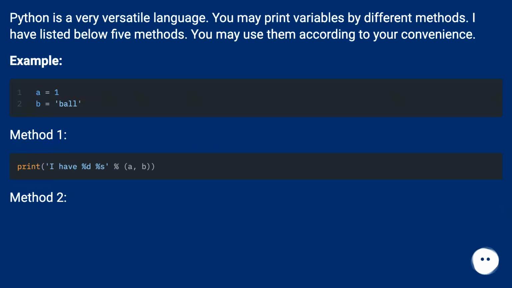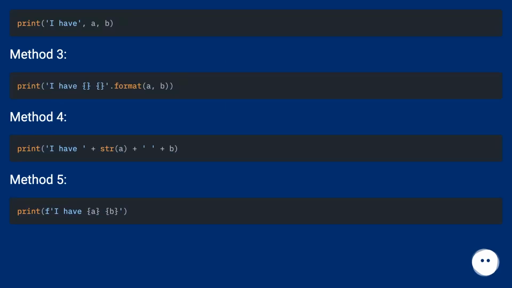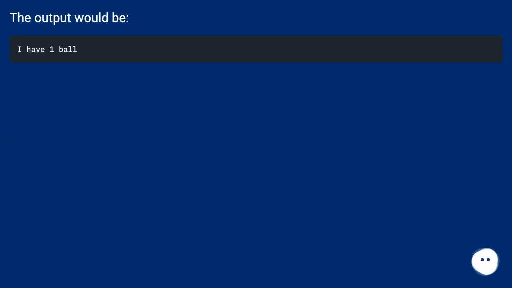Python is a very versatile language. You may print variables by different methods. I have listed below 5 methods. You may use them according to your convenience. Example. Method 1. Method 2. Method 3. Method 4. Method 5. The output would be